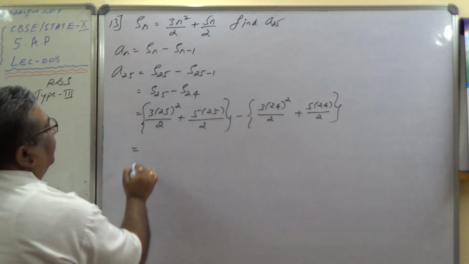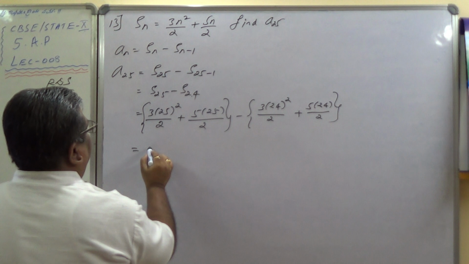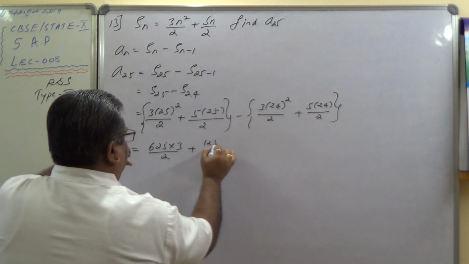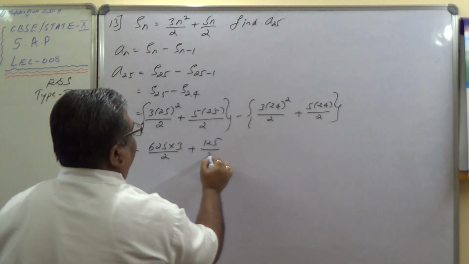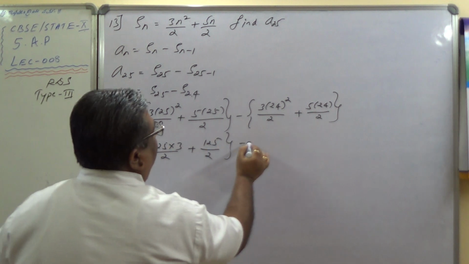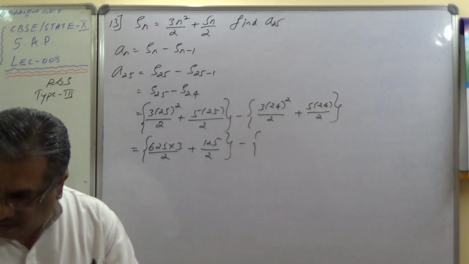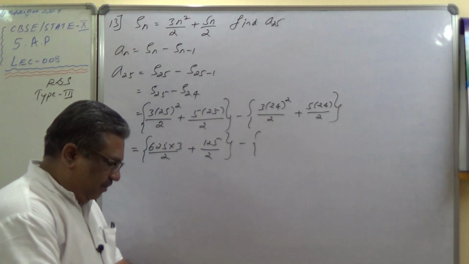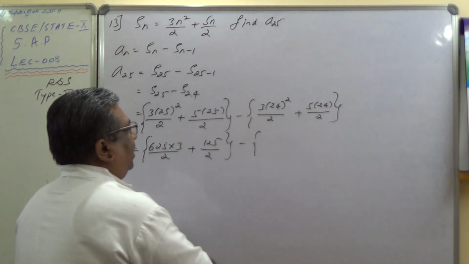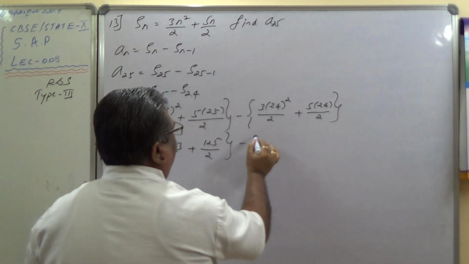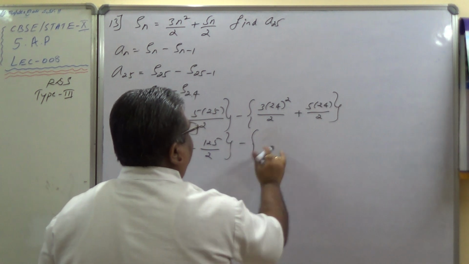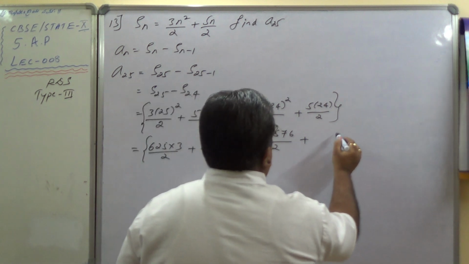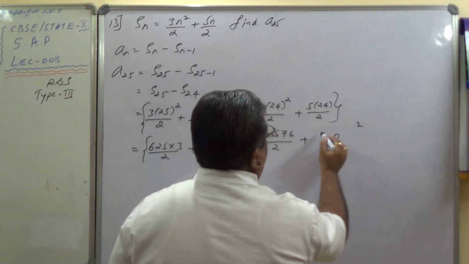So let's solve this one. 625 into 3 by 2 plus 125, 25 fives are 125, by 2, minus 24 fours are how much? 576 into 3, 3 into 576 by 2, plus